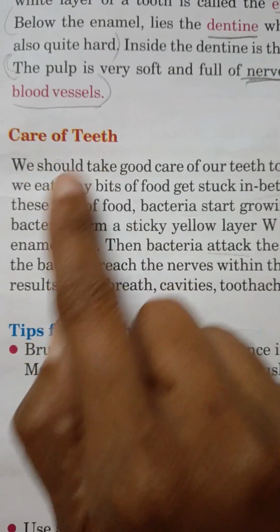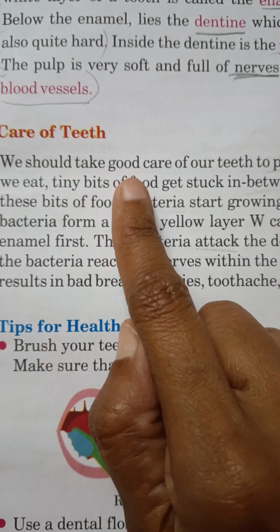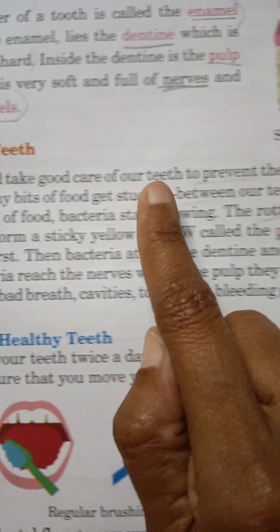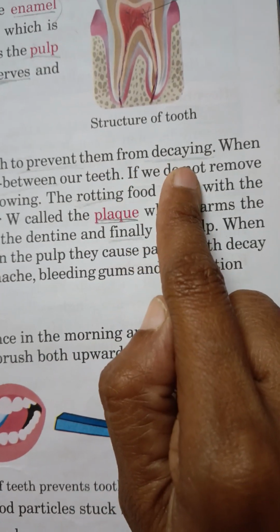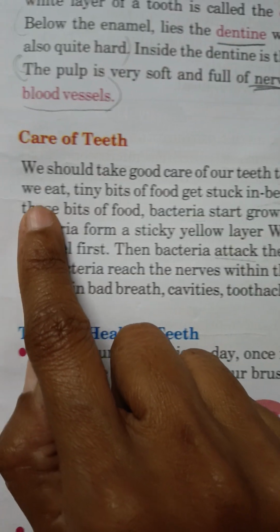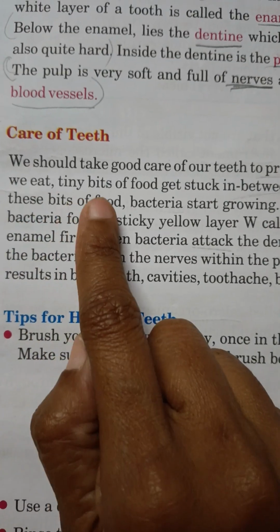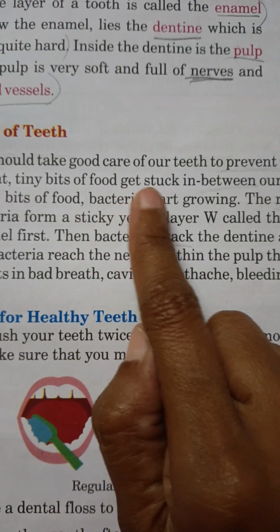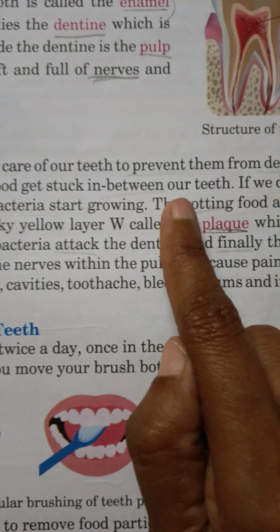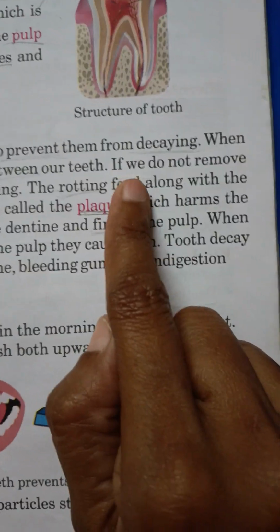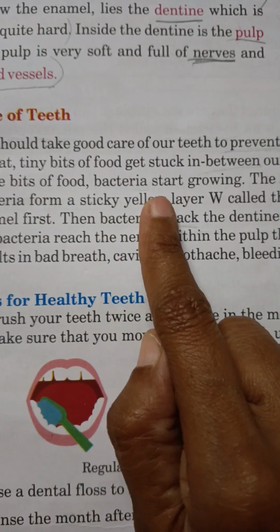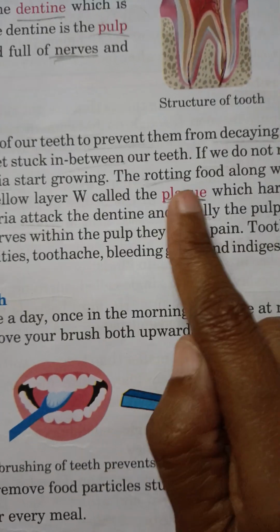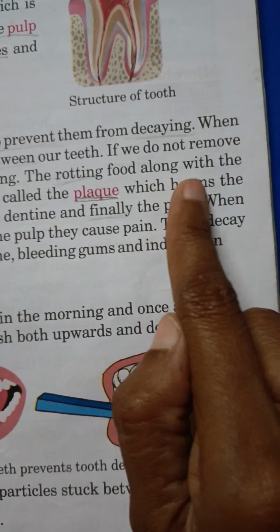Care of teeth. We should take good care of our teeth to prevent them from decaying. When we eat, tiny bits of food get stuck in between our teeth. If we do not remove these bits of food, bacteria start growing. The rotting food, along with the